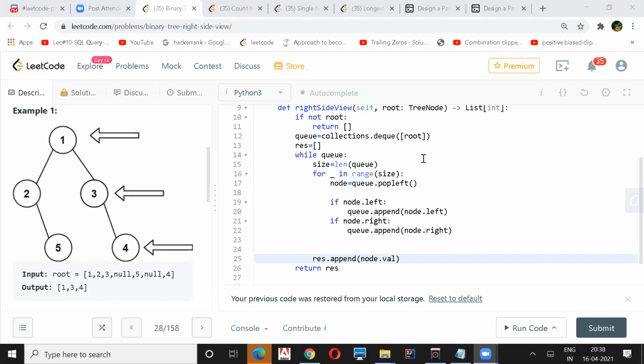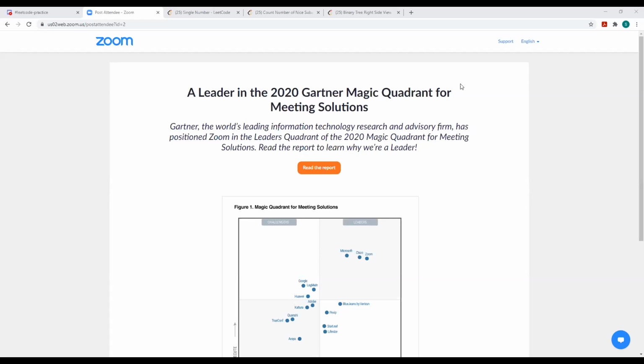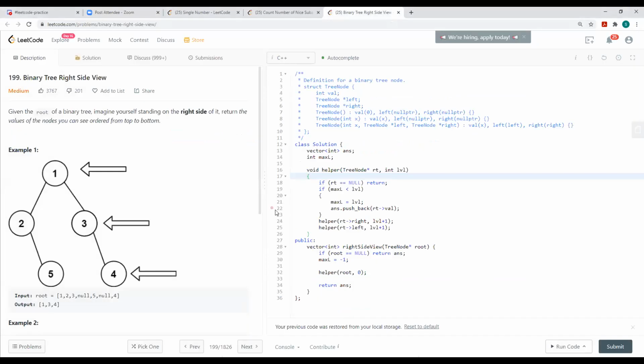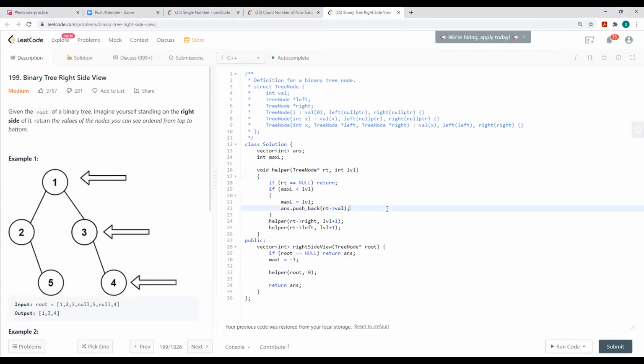Okay, so maybe let me share. So you have done this one, so I'll just share this DFS one. It is easier than what you did. You're able to see my screen, right? Okay. So this is our function signature where we pass in the root, and this is the base case when root is null.